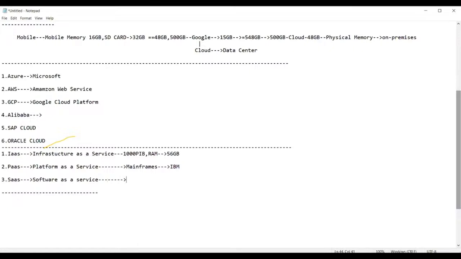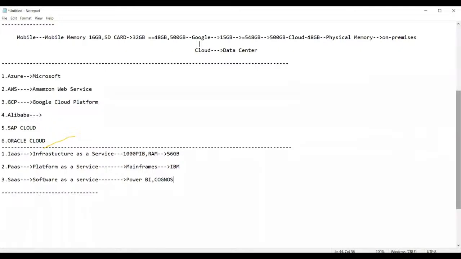And now, guys, suppose you require some software. Software in the sense that you require some reporting software or some analytical software, such as Power BI, or suppose you require Cognos.